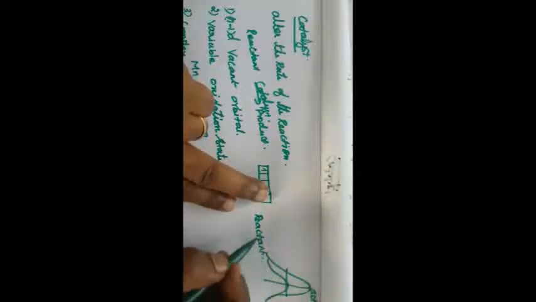Activation energy. When adding this catalyst, the activation energy is minimized, so the reaction rate is also affected; that is, the speed at which the reactant is converted into product changes. This is the reason. This point is the activation energy, and this is the rate of the reaction. So these are the properties of the catalyst.